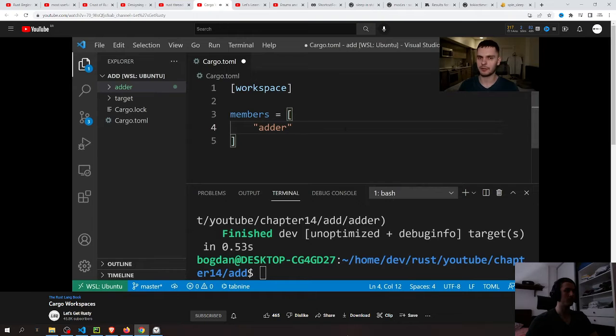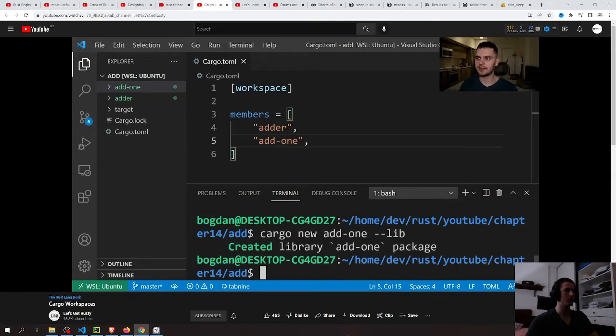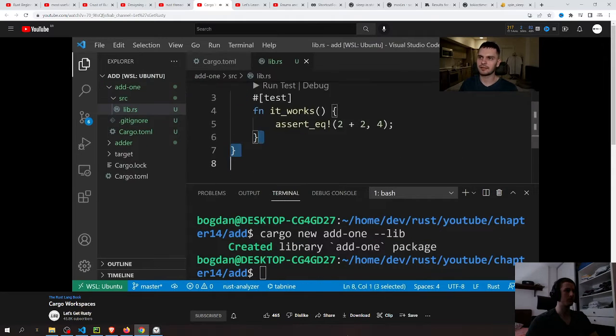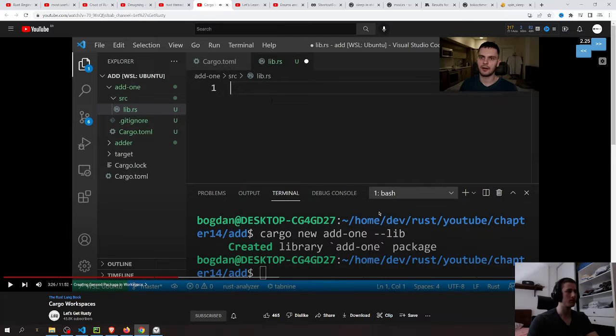All right, next we'll add another package or member to our workspace and call it add1. Then we'll type in cargo new add1 and then dash dash lib because we want to create a library. Next, let's navigate to the lib.rs file in our new library. And we'll delete this default tests module and add